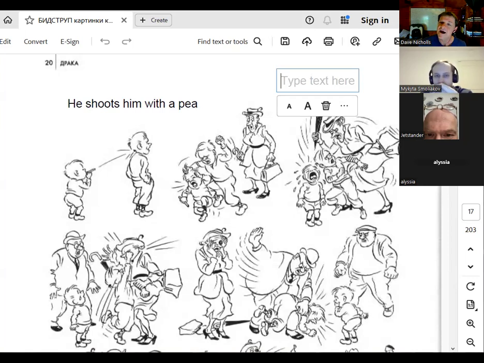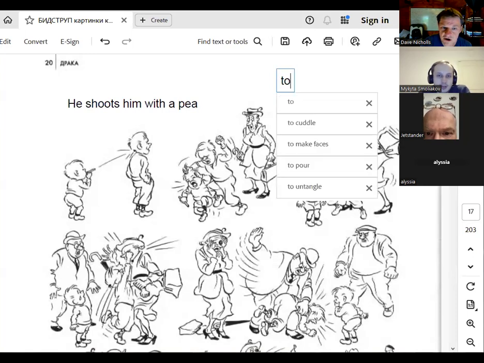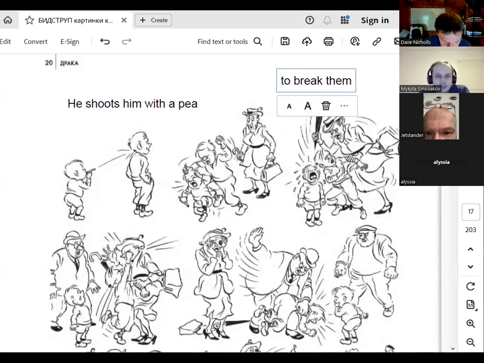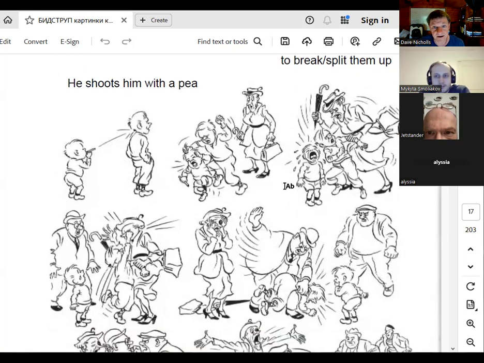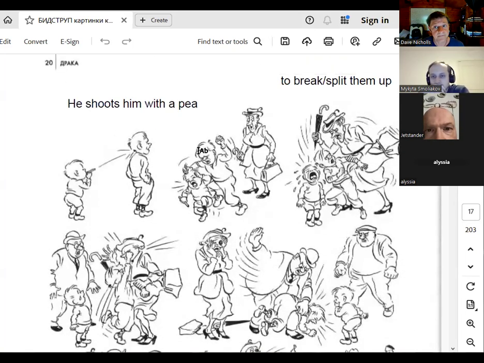Good. Do you know which verb we use for when a person, like the grandmother, tries to... Which verb would we use? Separate. To separate. Good. Yeah, that works. To separate them. You can also say to break them up or split them up. It does mean to separate as well, and separate is a very good option there. She tries to separate them. The grandmother splits them up,